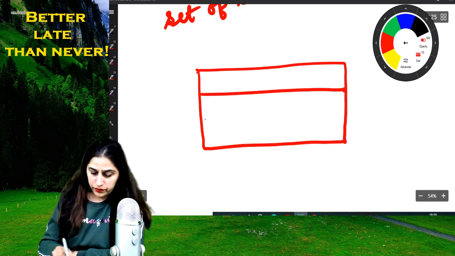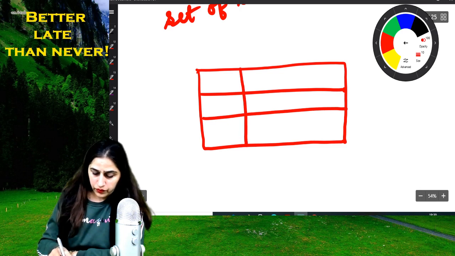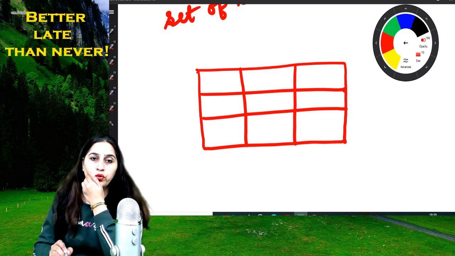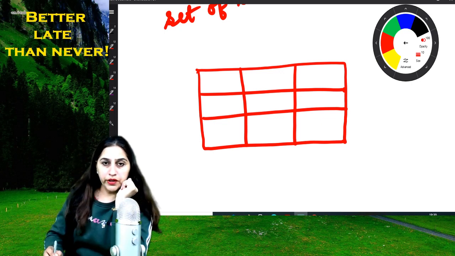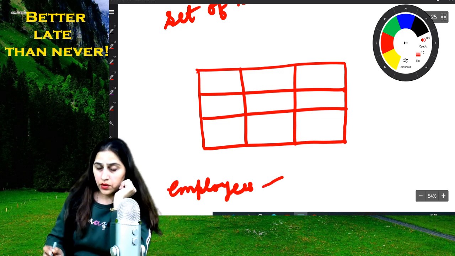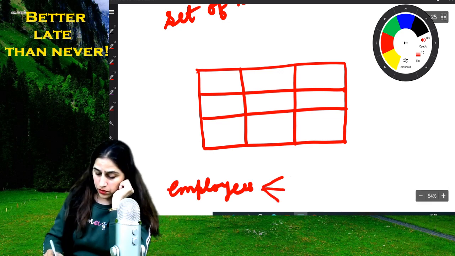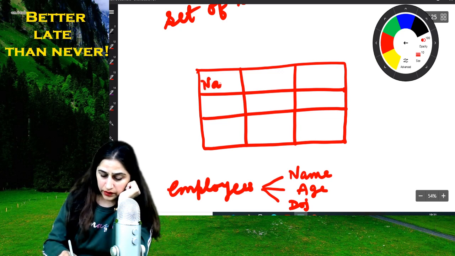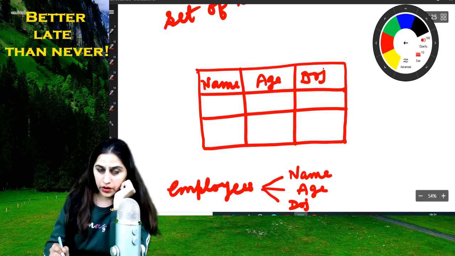We have a table. Suppose we want to store information about employees: name, age and date of joining. I will write like this: name, age, date of joining.